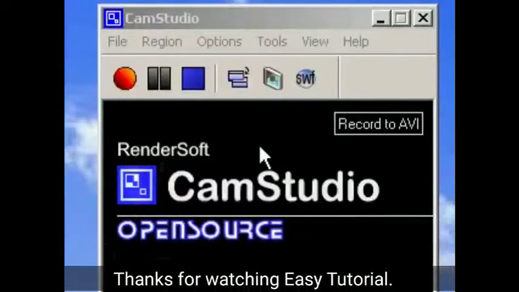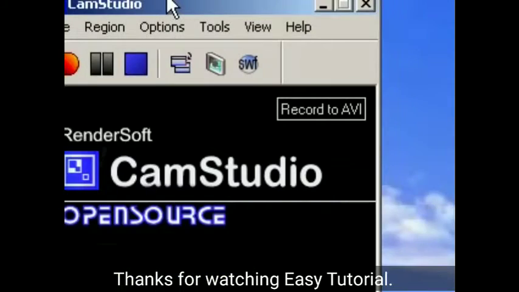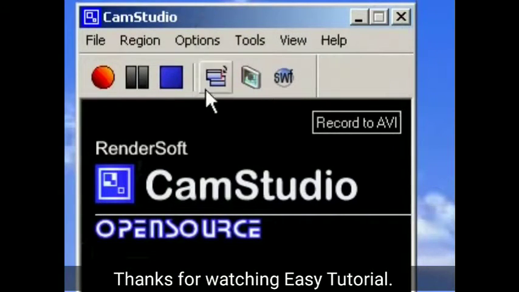In this tutorial, I'll be showing you a little-known program called Camstudio. Camstudio is the program I'm using right now to capture what you're seeing. Everything I move on this video is captured by Camstudio, so it's a screen recorder. It's absolutely free. It's open source, so you can see the source code for it, and it's a really great